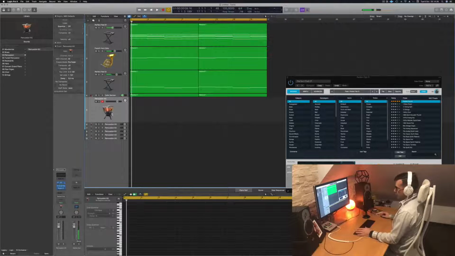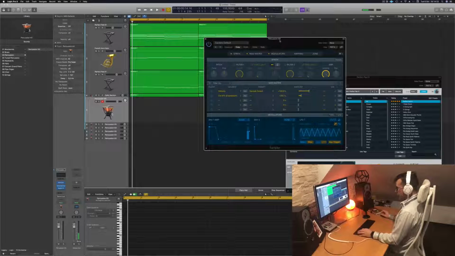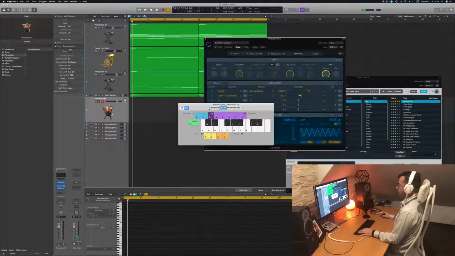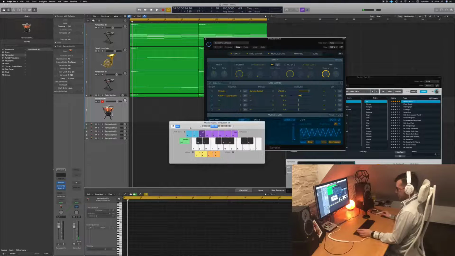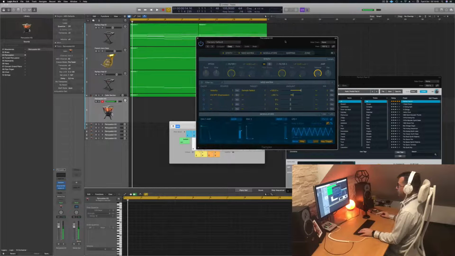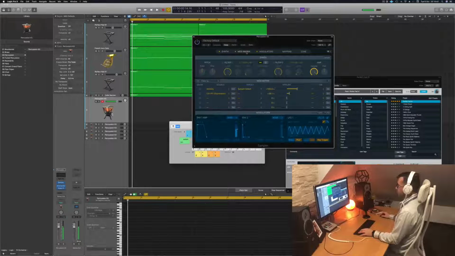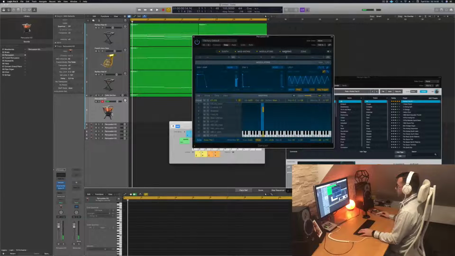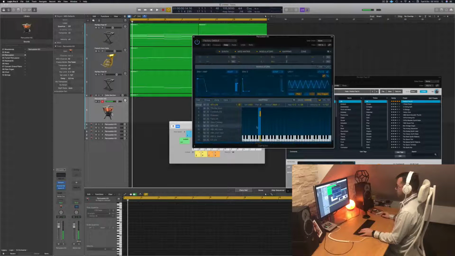So now what I've done is loaded the percussion kit here. Oh, it is actually loaded in Sampler. I thought it was gonna load it into ES2. So they're all loaded in there. Modulation, modulator, mapping. Oh, so this is nice. You have a nice mapping on there. So there's a lot of